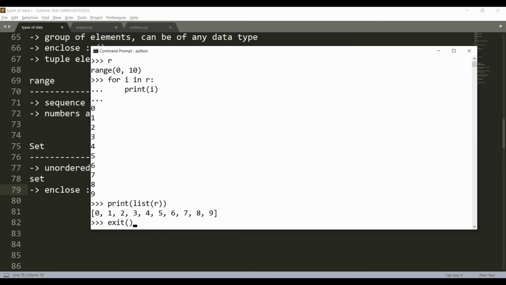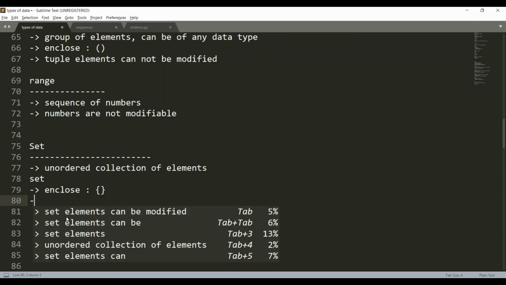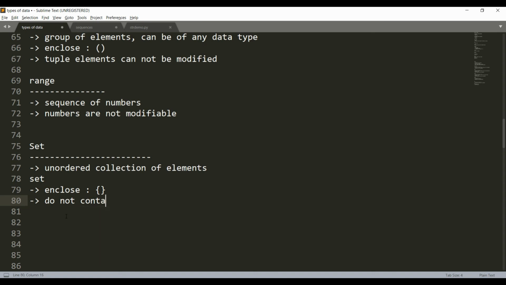We'll understand it by demonstration here. I have S = {1, 2, 3}, type of S, so you can see it is a set. And what if I have multiple values here? When I'm printing S, you can see the set does not contain duplicate values,